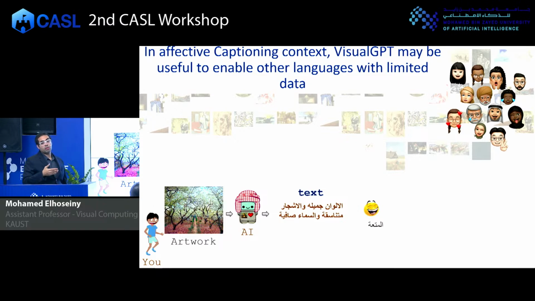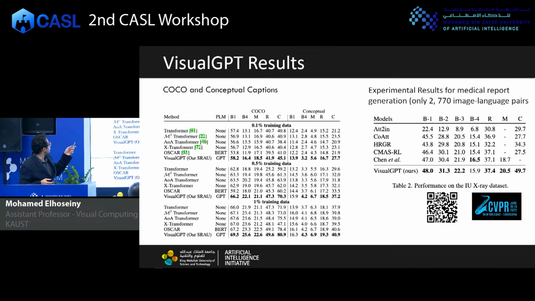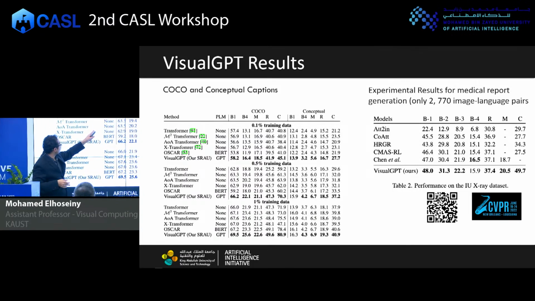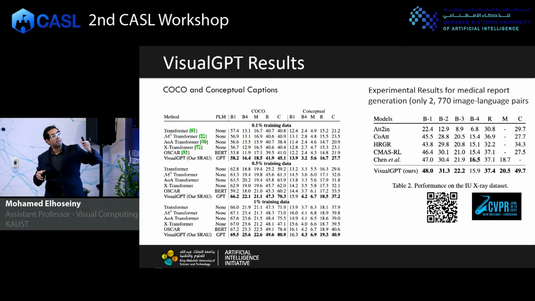We collected this set for 3 languages, and it took us more than 2 years. So if you want to extend this to many languages, it is super difficult, financially and otherwise. So we want a model that can pick up quickly, that can scale quickly. Let's say if you have a few percent of the data, which is the same point that this VisualGPT is trained on, right? VisualGPT is trained on what? On 1% training data, 0.5%, 0.1% training data, the image caption pairs, right?